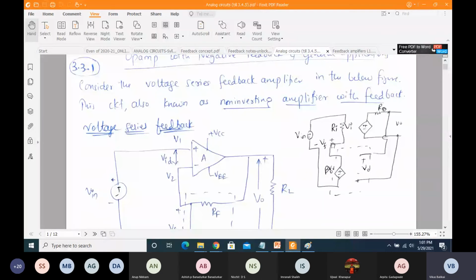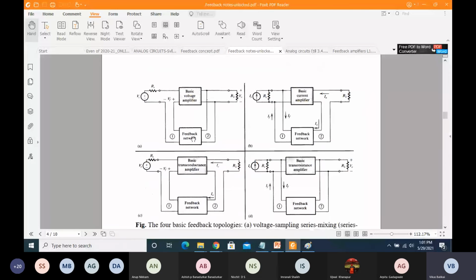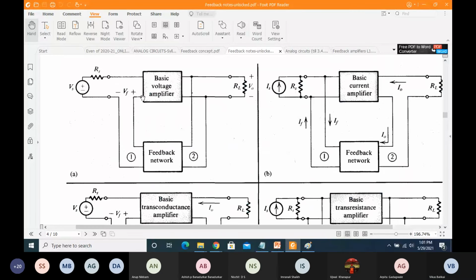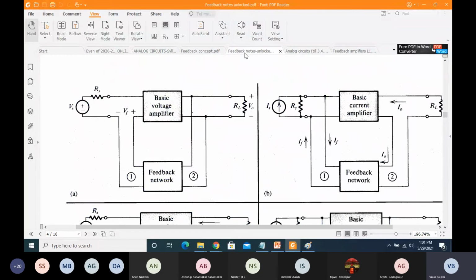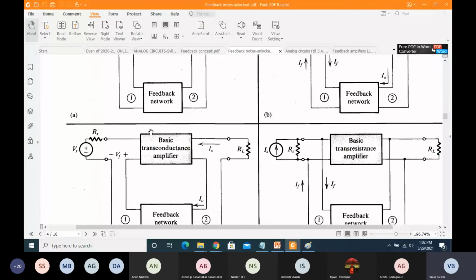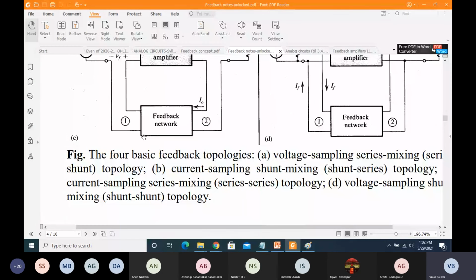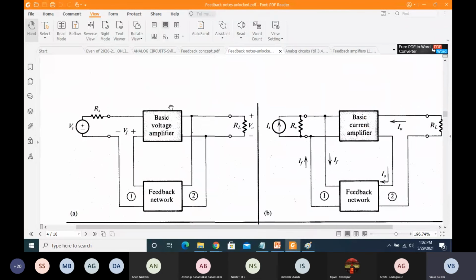So all your non-inverting amplifiers, whatever you have learned, are basically the voltage amplifier, that is what we did. Compare this circuit, the first one, and the one which I had drawn out here. They're exactly the same thing. So your non-inverting amplifier is your voltage series connection, or basically the series shunt topology, or basically your simple voltage amplifier. So this is what we have already learned in all our previous lectures.